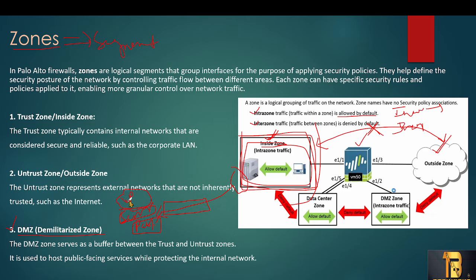If someone is coming from the public and the servers are available in our private zone, they are also able to enter our private network, right? In order to isolate our private network from the publicly faced servers, we are creating a demilitarized zone. We place those servers in the demilitarized zone, so that we isolate our private network from the servers which are publicly faced.